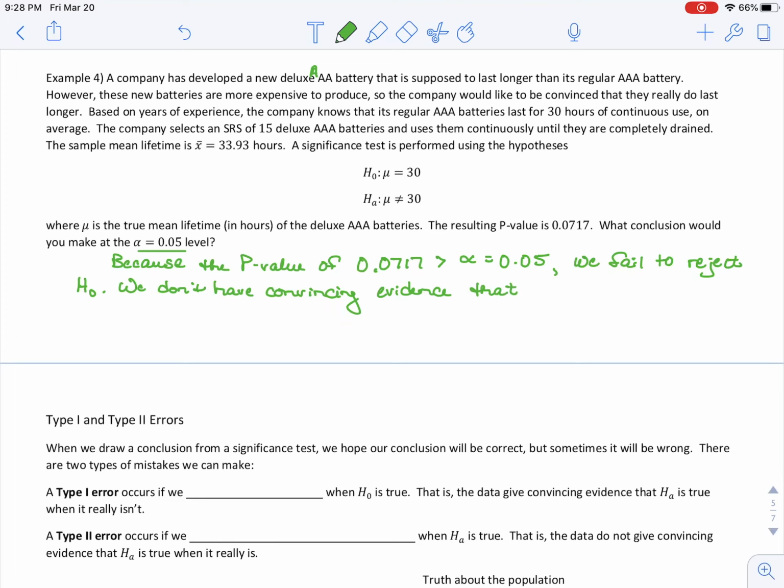Of course, we don't have convincing evidence of this, but I need to interpret that in the context of the problem. So that the true mean lifetime of the company's deluxe AAA batteries